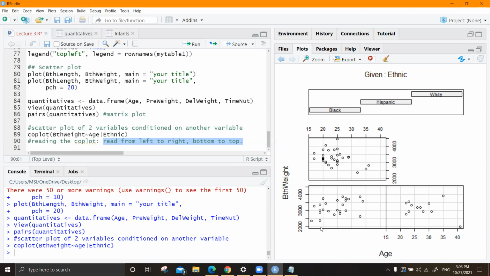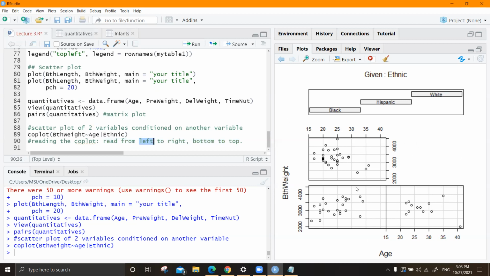So this is going to be the black plot. This is read left to right, this is read bottom to top. So the leftmost one is black.